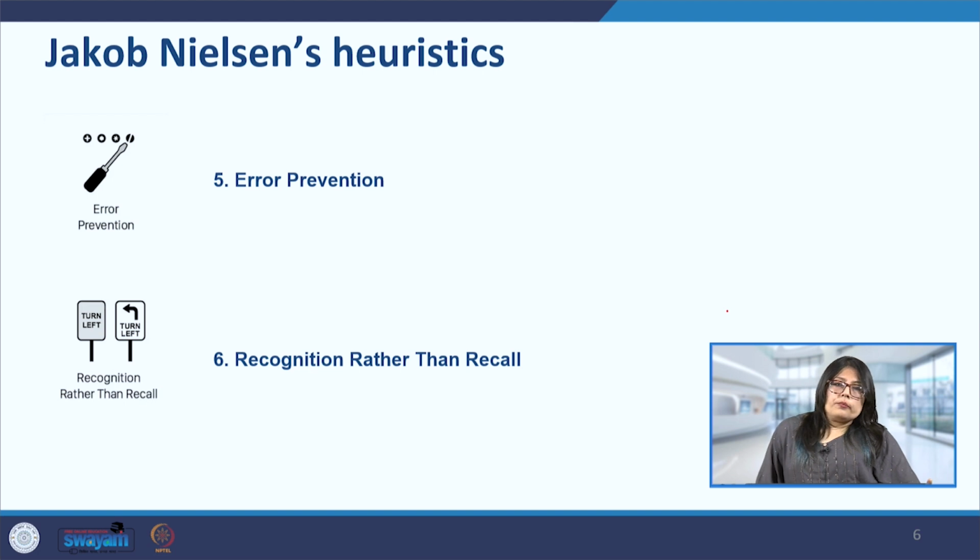Then at all costs, slips should be avoided. Our system should be capable enough that the user should not slip in the first place. And also to prevent mistakes by removing any kind of memory burdens, or by reminding our user.